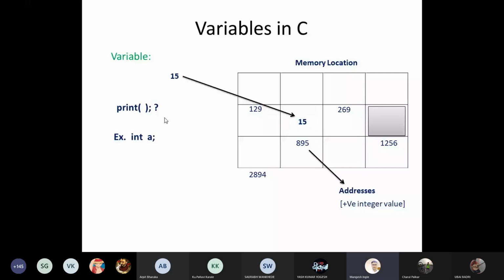Once you declare a variable as integer num1, that variable creates a memory location, as you can see a gray color box on your screen. So once you declare a variable integer A, it creates a memory location, a memory area. Now, is that memory location carrying any value? No, it is empty. It is an empty memory location. When we create an integer A, that memory creates an empty location.